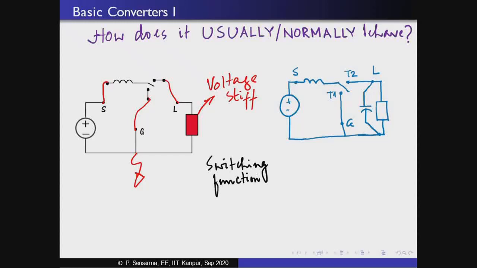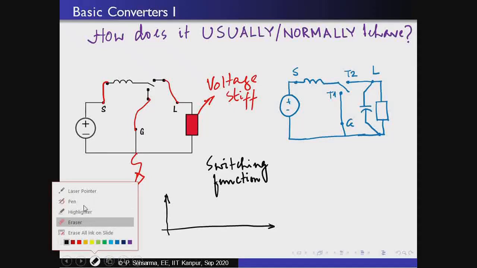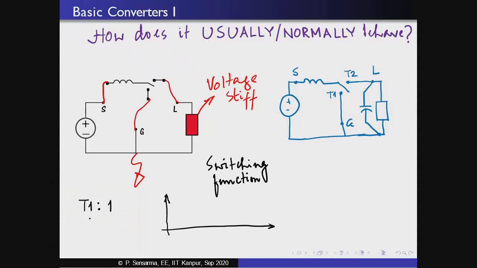switching function. The switching function says, for a certain duration of time, so it is a function of time, and arbitrarily let us assign that when the switch is in position T1, we will give it a 0, or maybe we will give it a 1, T1, fine, that is the first one. So, we will assign a value of 1,